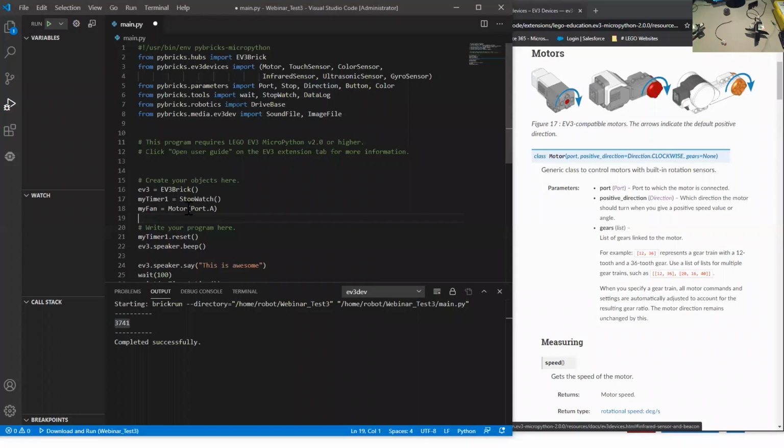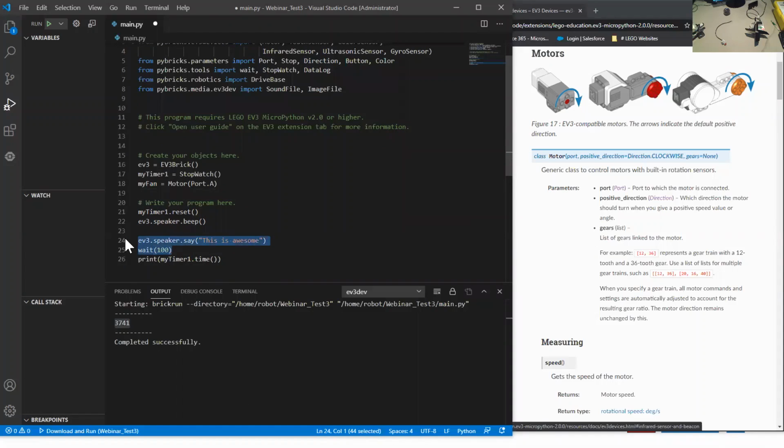So I've now conjured up or initialized a motor. Now I want to do something with it. So we're going to come down here. I'm going to get rid of this EV3, get rid of that little bit of code. I'll comment out that code. I don't need it for the moment. So I can just go like that, and suddenly my code is commented out. It's not going to be part of the program. I don't mind if it resets. Then I've got the speaker playing. Then I'm going to get my